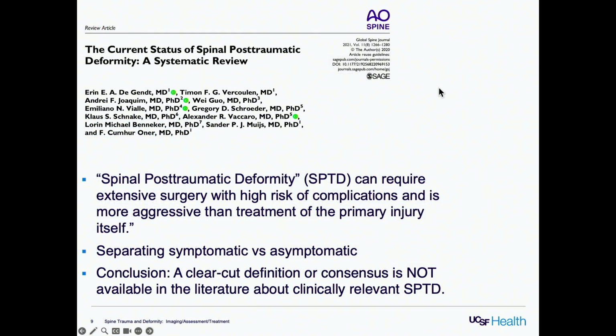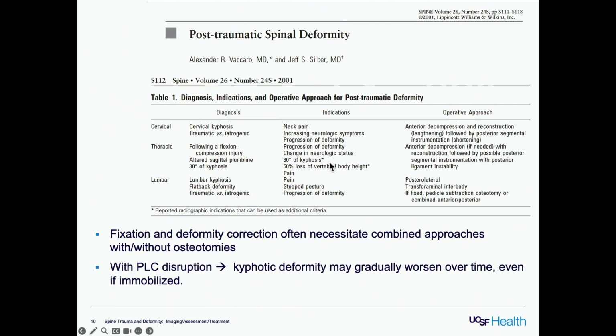So, the current state, there are no really agreed upon definitions for post-traumatic deformity, but in general, it's a surgery that requires an extensive treatment to deal with both deformity as well as the acute injury, and then separating the symptomatic versus asymptomatic when dealing with trauma. But there's really not a clear-cut definition in the literature that we can use to coalesce some of the research around. In general, though, when you do have to fix